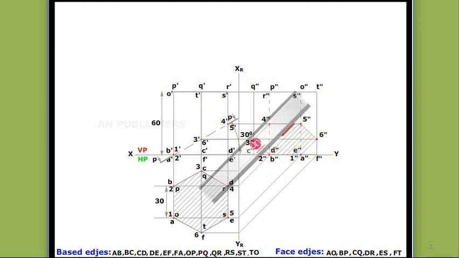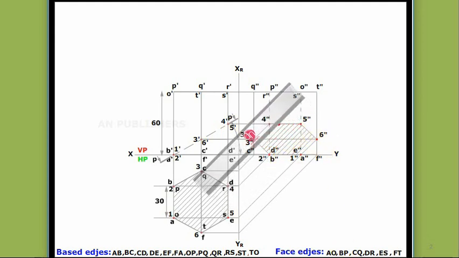Now, whatever remains is drawing the true shape.